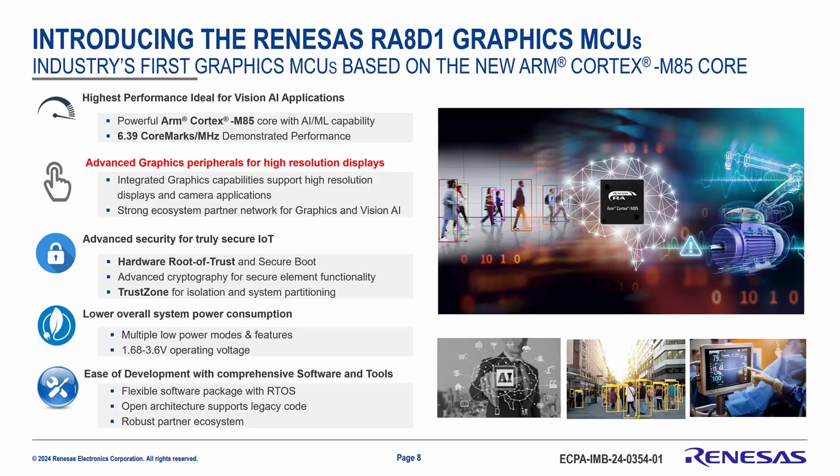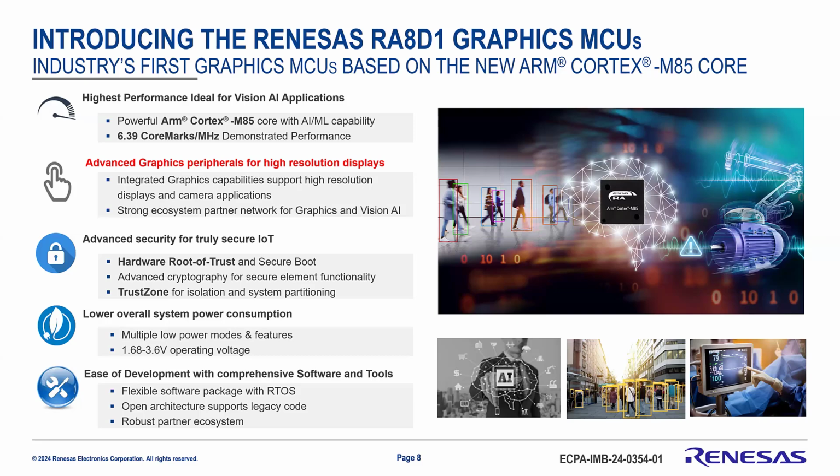So let's talk a little bit more in depth about the RA8 D1. It's again graphics focused. We're the first to offer the ARM Cortex-M85 core with AI/ML capabilities, 6.39 CoreMarks per megahertz. We have advanced graphic peripherals for high resolution displays, and